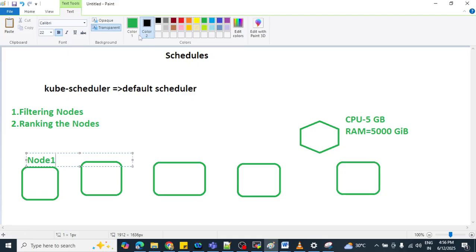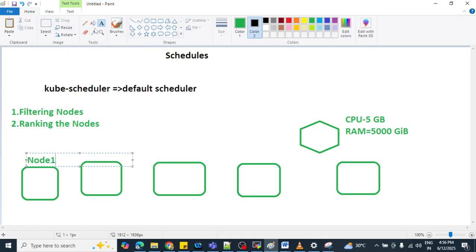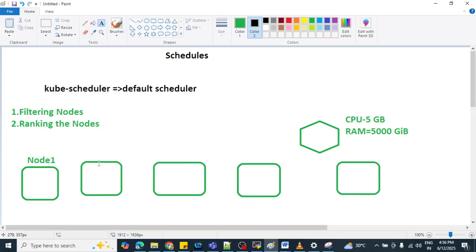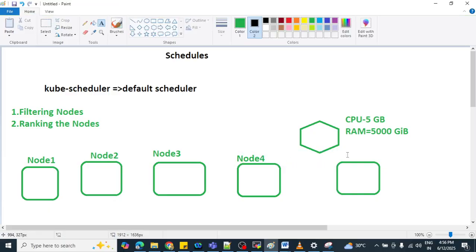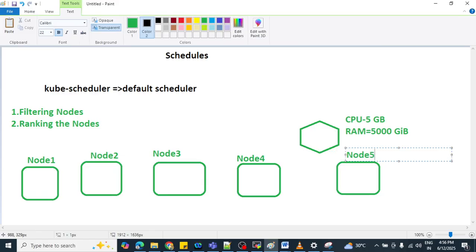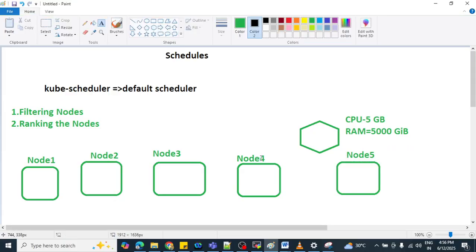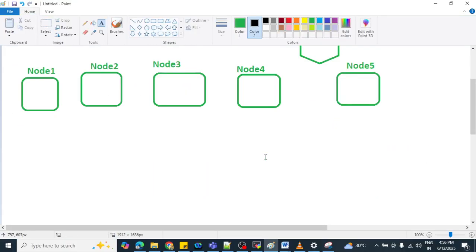The second node is your node 2. This is your node 3. This is your node 4, and this is your node 5. These nodes have their own configuration also, right?